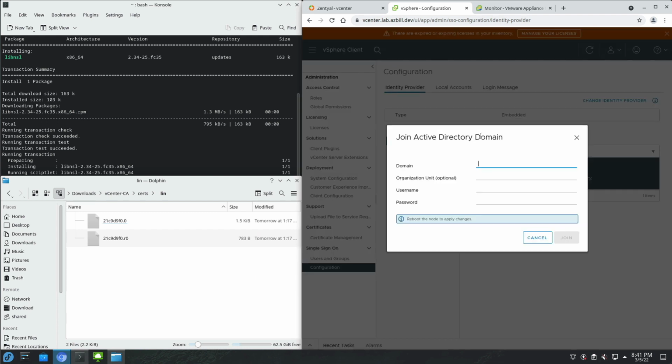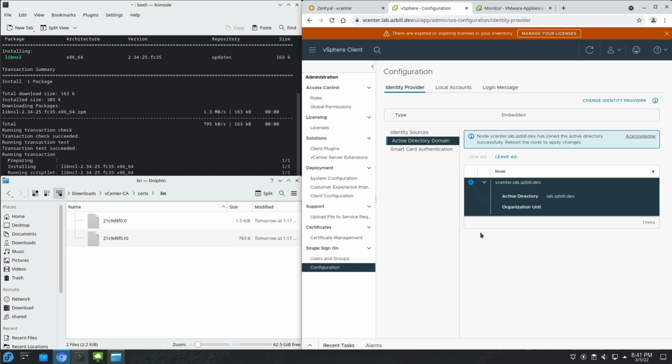Now, the domain that we're going to join is lab.asbil.dev. I'm not going to specify an organizational unit. For the username and password, I will use one of my domain administrator accounts. Okay, so we have it joined to the Active Directory.